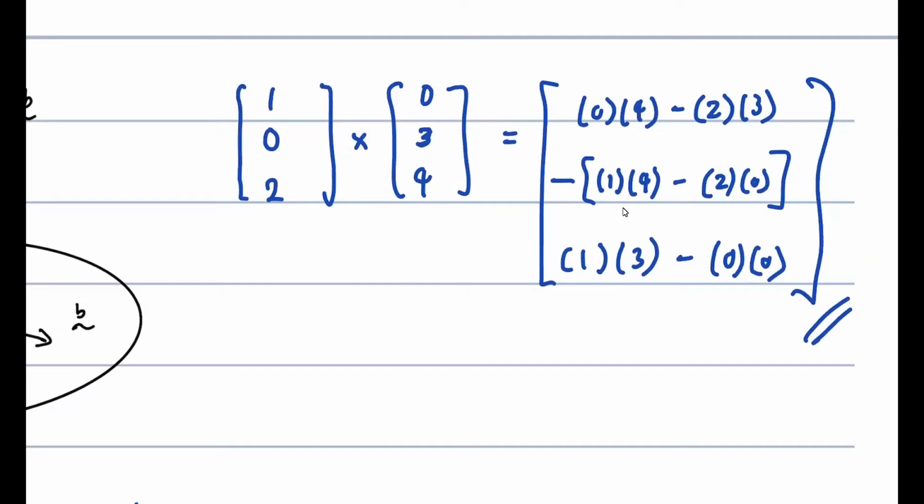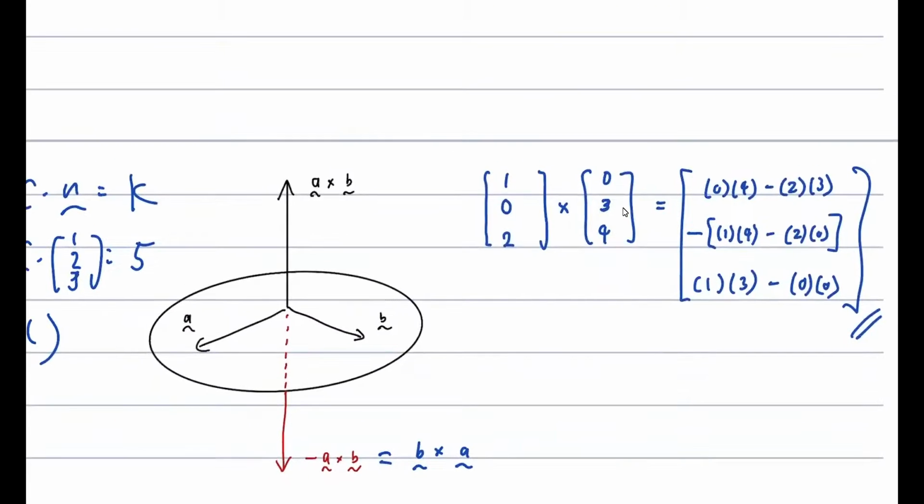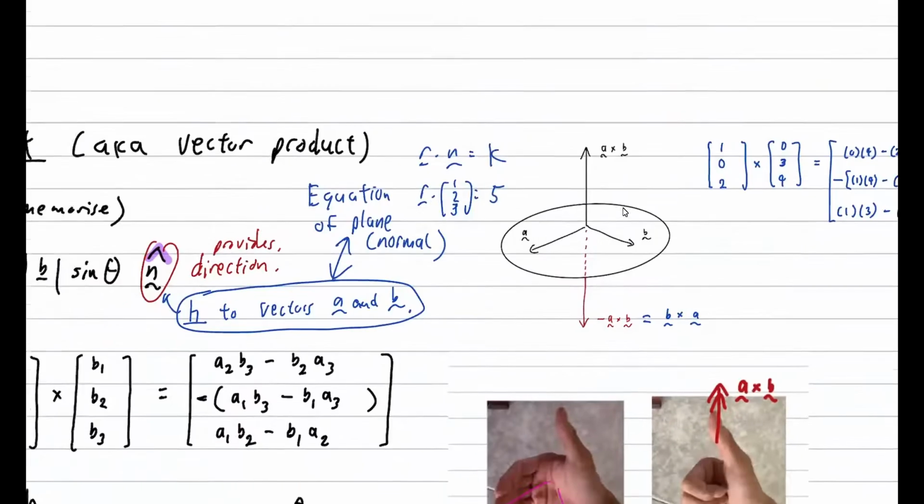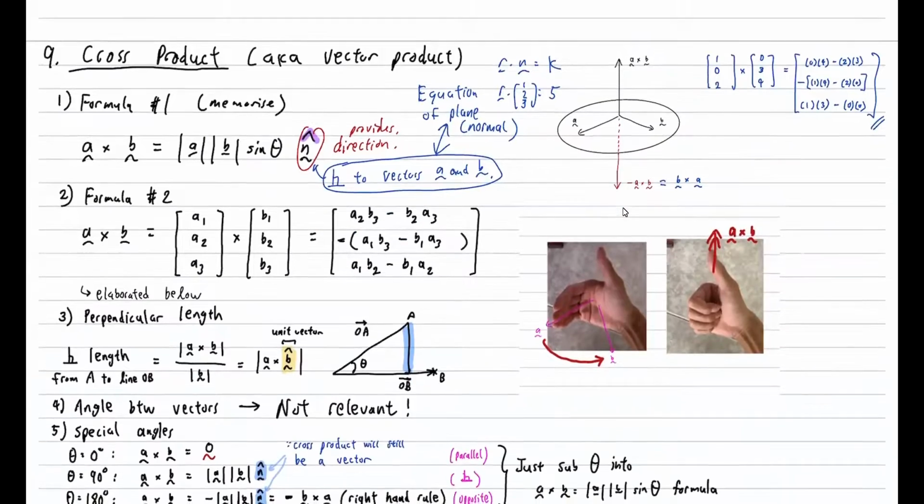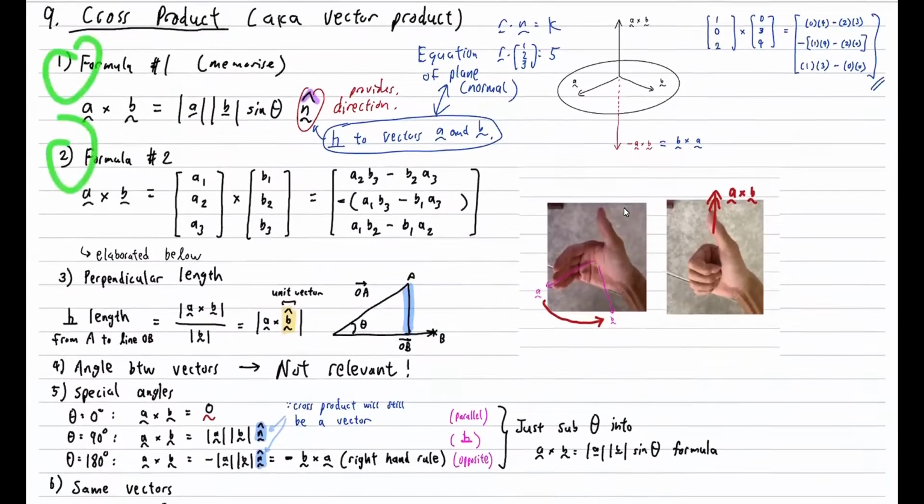Okay, so that is the cross product. Then that is the formula version. Just keep that in mind. Formula number 1, formula number 2. Okay, recap again. Formula number 1, what is it? A cross B is